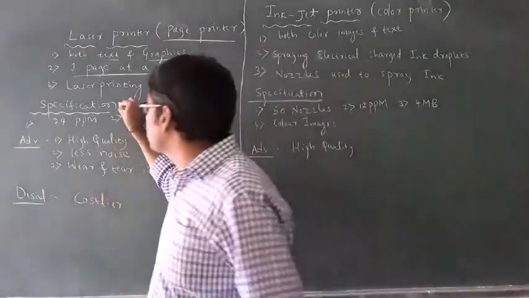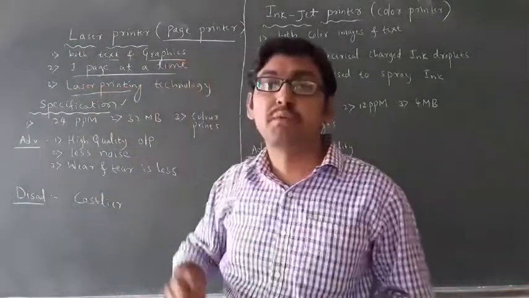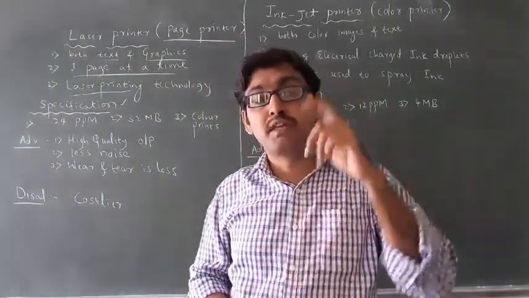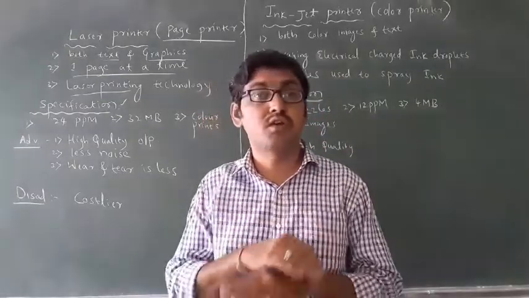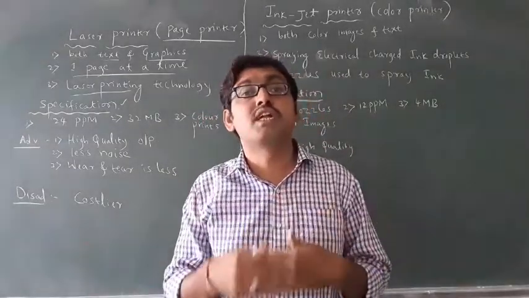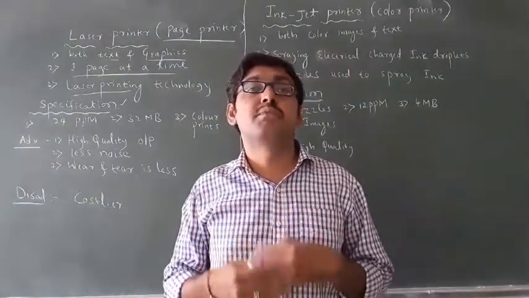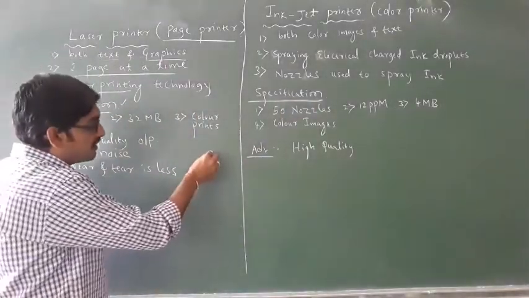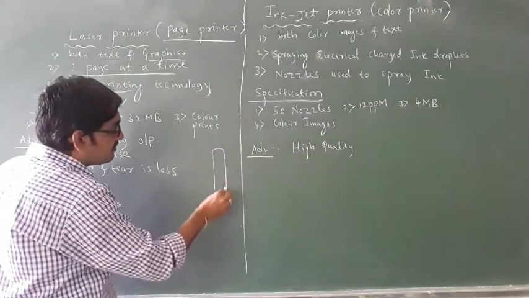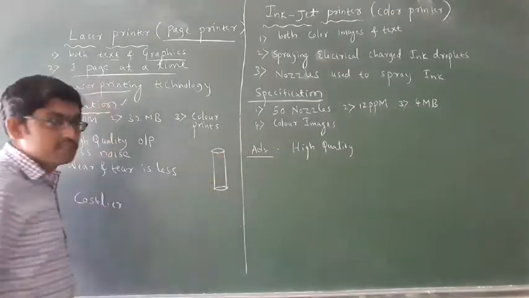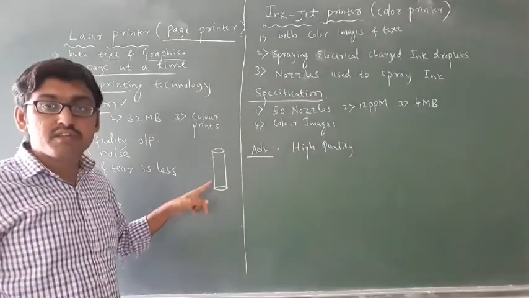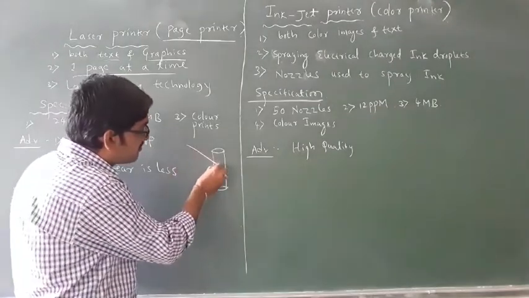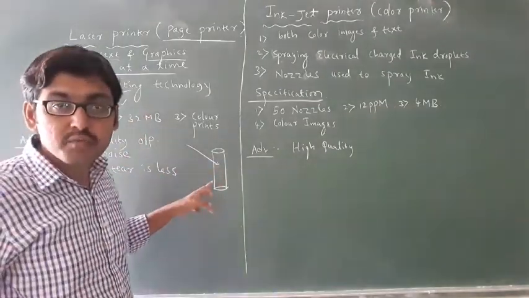Then see, how does it print the images? In a dot matrix printer, the print head uses pins, but here we do not use pins. We use laser printing technology. How does it work? For example, in a laser printer we have a drum. The laser will fall on the drum and